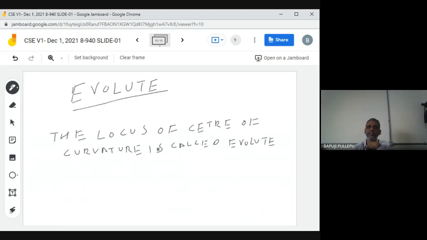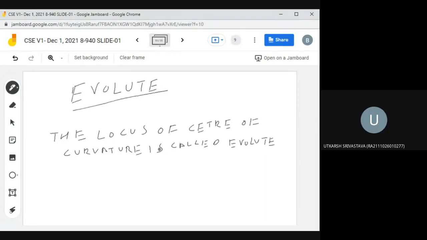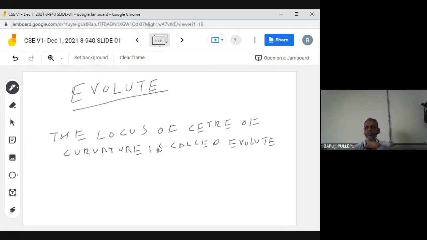Locus like this only we will find out. Some problems are not locus of these; they have a parametric equation, so finally we'll remove the x bar, y bar notations, maybe we'll use x1, y1. Locus of center of curvature means, for all points you join, you will get a curve that is called evolute. Now we can do very good problems. Only 3 or 4 problems are there, very important ones. Find the equation of the evolute of the parabola y square is equal to 4ax.